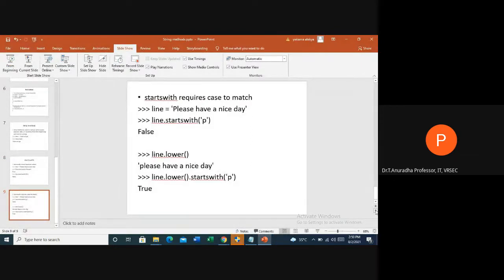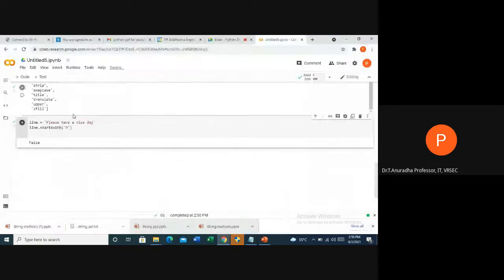And please remember, because Python is case sensitive, whenever you are using the startswith method, you need to also check with the case. For example, if I say line dot startswith capital P, because my string is starting with capital P, if I give this, it returns true.